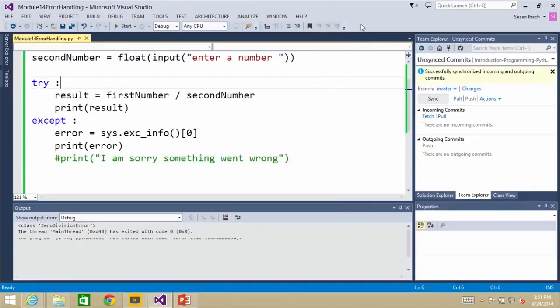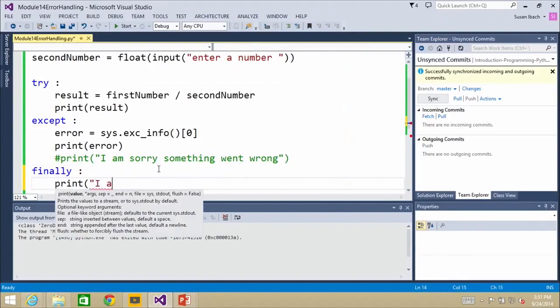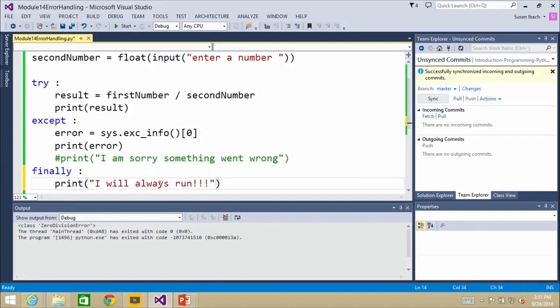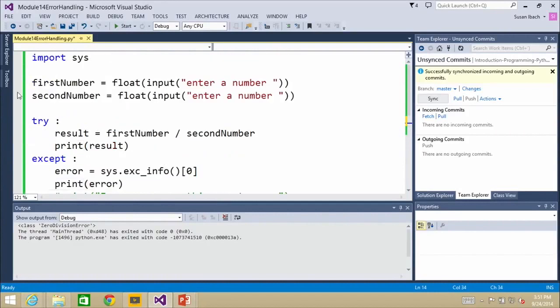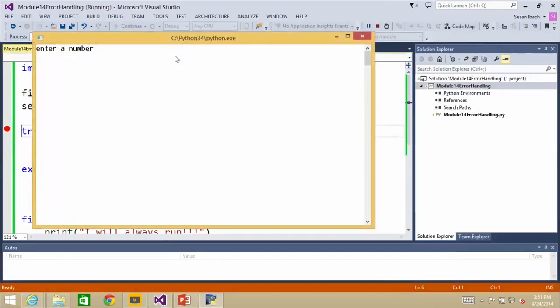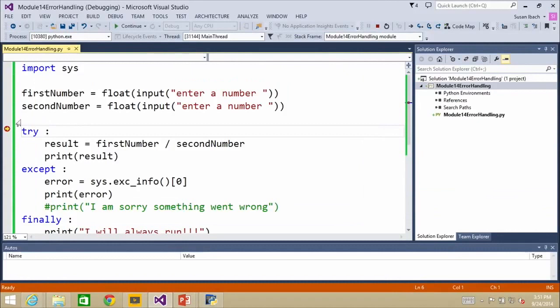Yep, and that's actually really important. And just to talk about the finally, because somebody was asking about it, in C# we have this concept as well. Finally, print, I always like to do this, "I will always run." So you can have a line of code that always executes, or multiple lines of code that always execute. So I'm going to put the debugger in again. Okay, and when I specify a value of 10 and a value of 2,